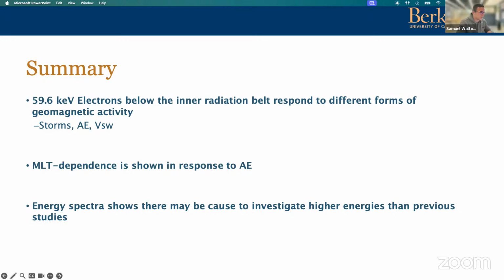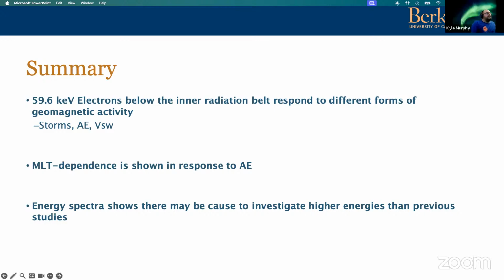Okay, definitely possible. So not something we've looked at yet. I guess that's something separate: superposed epoch analysis, but separating for different storm drivers. Certainly something we'd look at, but the short answer is don't know yet.